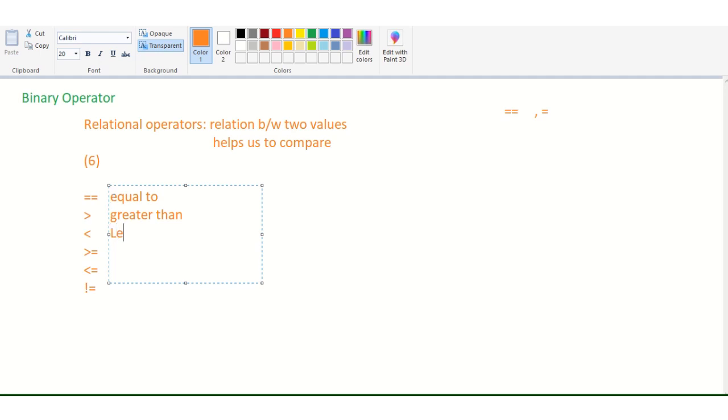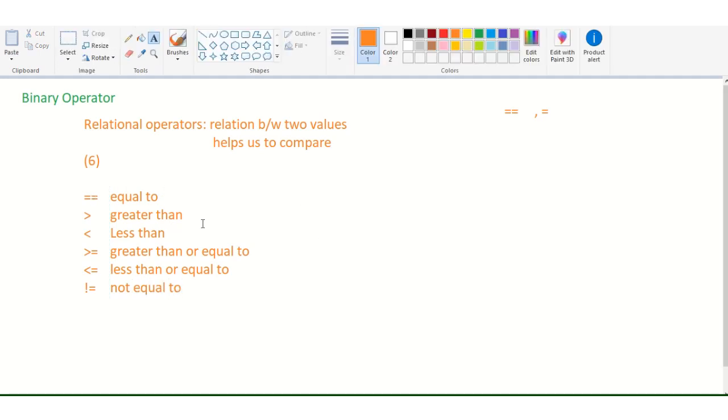This is the less than operator. This is the greater than or equal to. This is the less than or equal to. After that is not equal to, right?